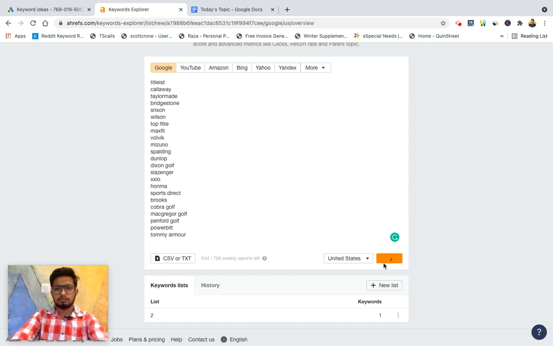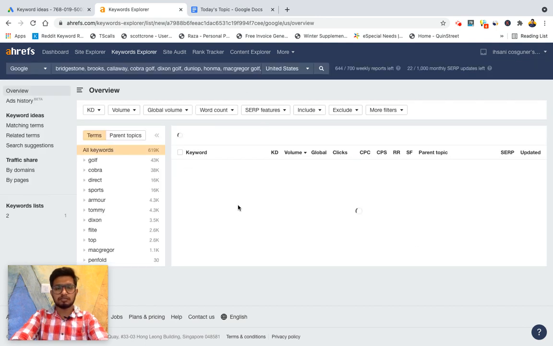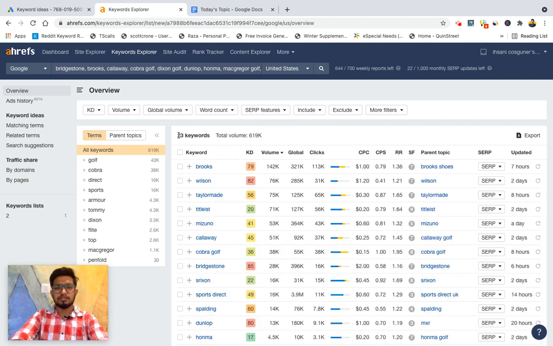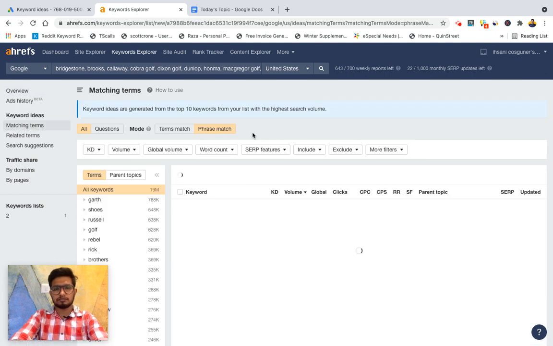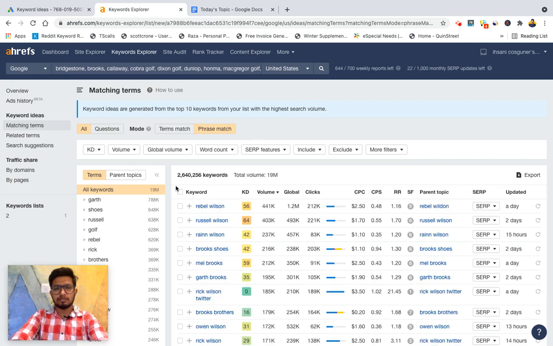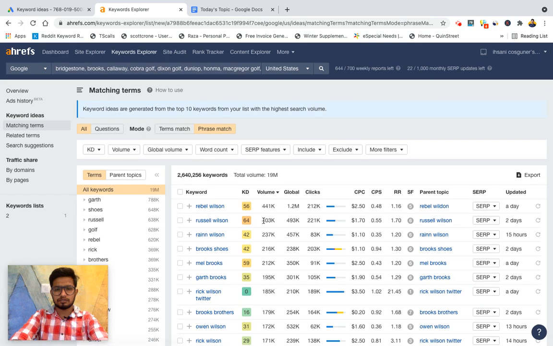Now hit enter or click on the search button. It gives us a list of 23 keywords. Now we have to go to matching terms and phrase match. Now we got a list of this many keywords. Now we have to filter this list.